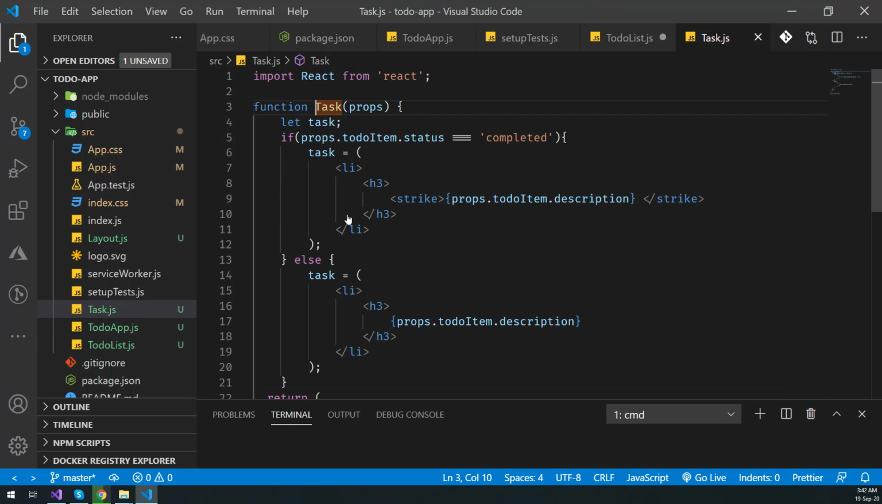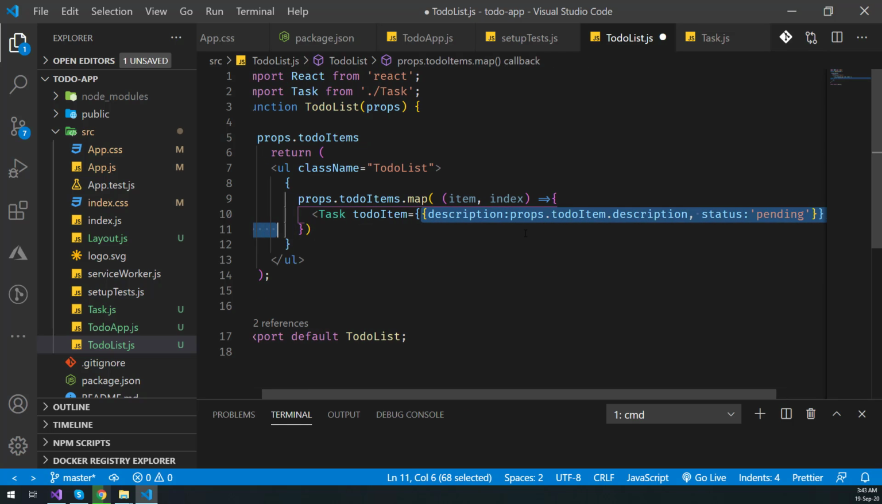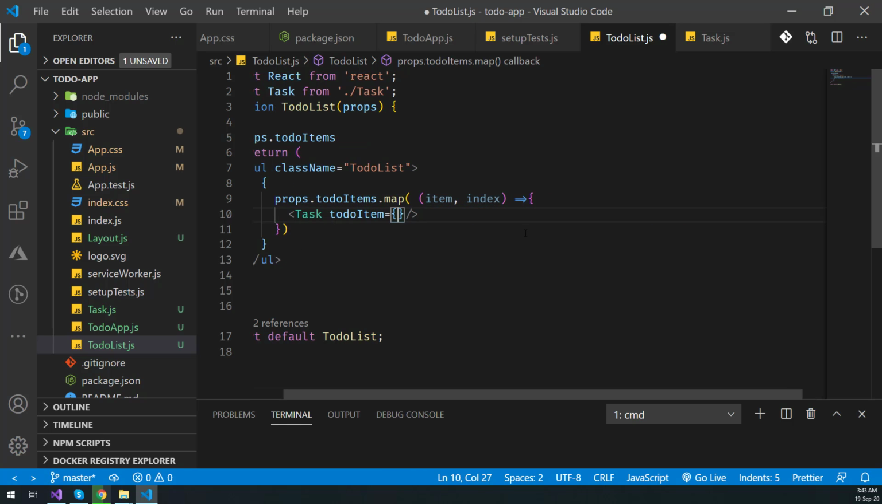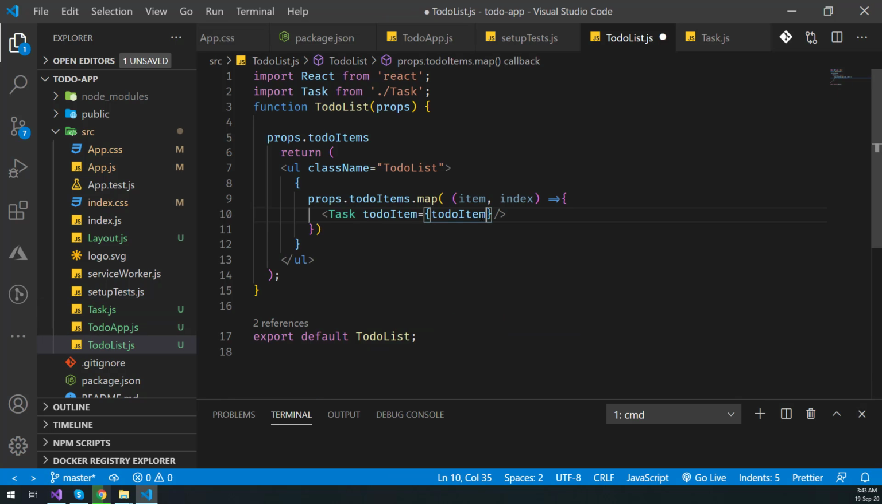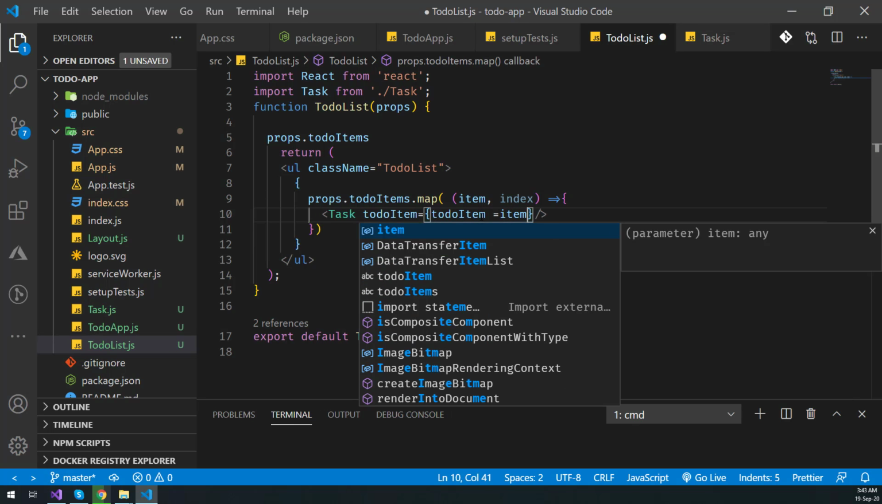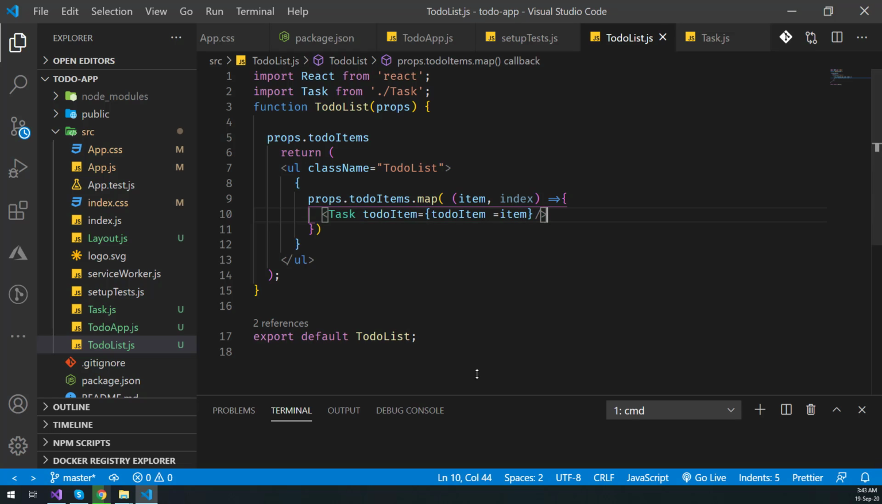So let's move into our task. In our task, we are receiving the to-do item as its props and not the individual item. So instead of passing the description and status separately, I'll just pass the whole object and we'll call it todoItem. todoItem equals item. Okay. So